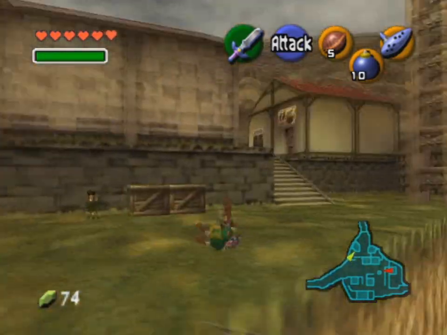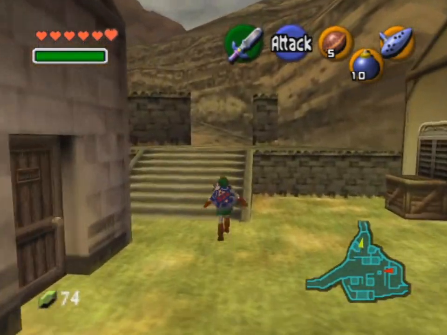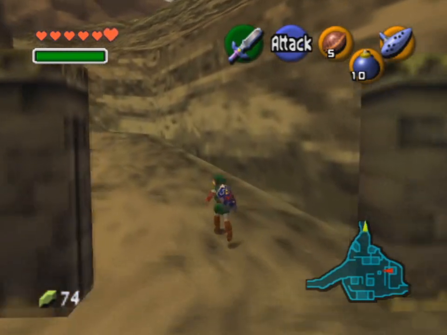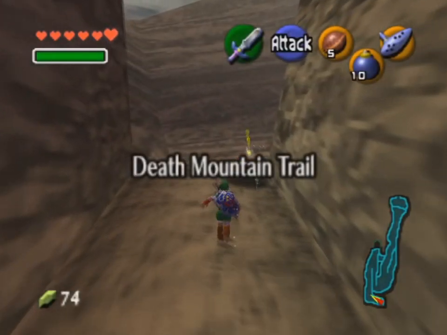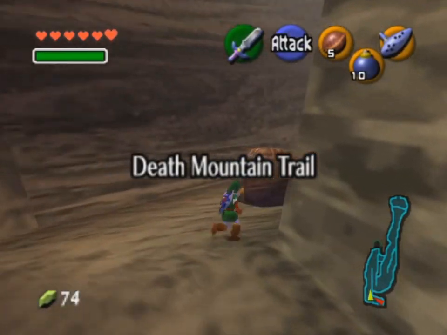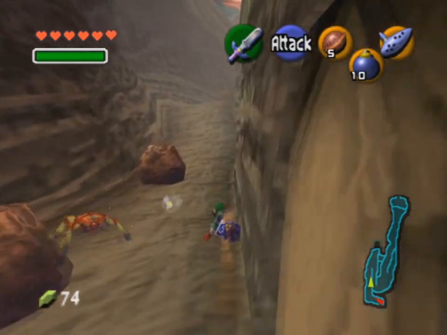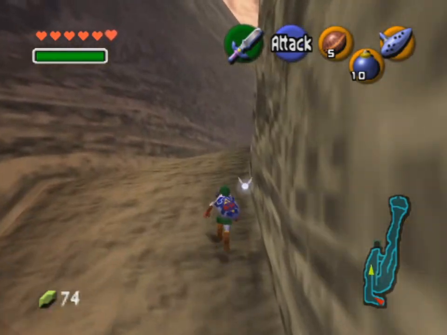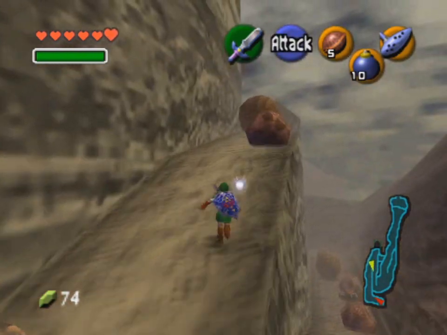Okay, so after I got the hookshot, we can go to the Forest Temple or the Fire Temple. Since Fire Temple's closer, I'm gonna go there first. It's kinda interesting that most people don't know, but you can change the order that you complete the dungeons. Like, you can do either Forest or Fire Temple first, and then after completing the Water Temple, you can choose